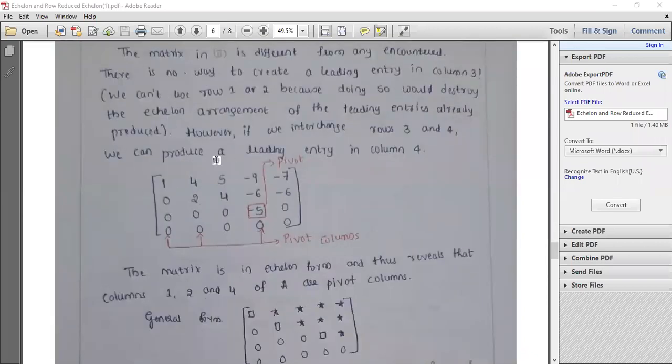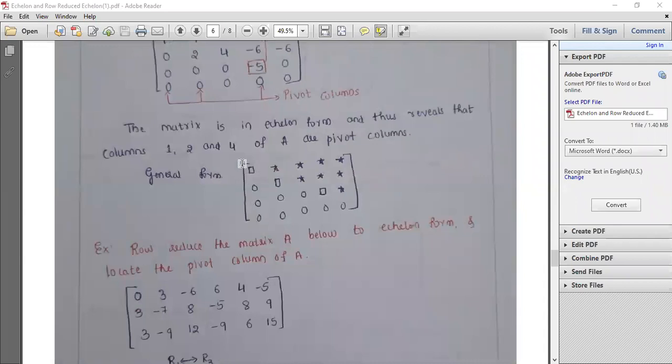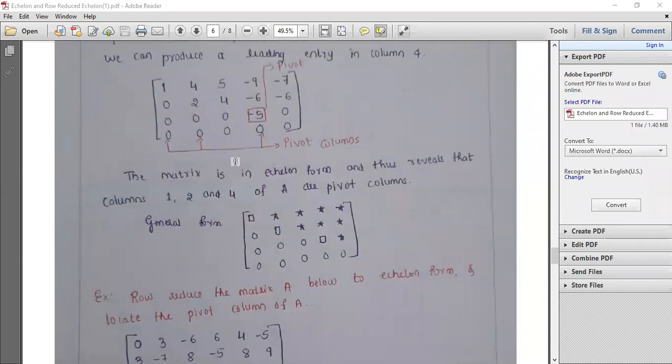So this is one example where I am denoting the pivot columns, and this is the general form of the pivot element. The square boxes are any numbers, and all the entries below the pivot positions are 0. The star entries may be 0 or may be numbers. This is the one example I wanted to tell today, and the remaining examples we'll take up in the next class. If you have any questions, let me know.